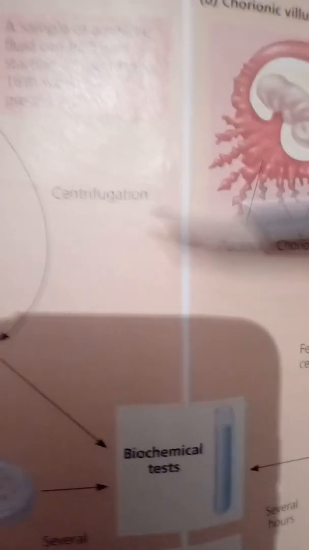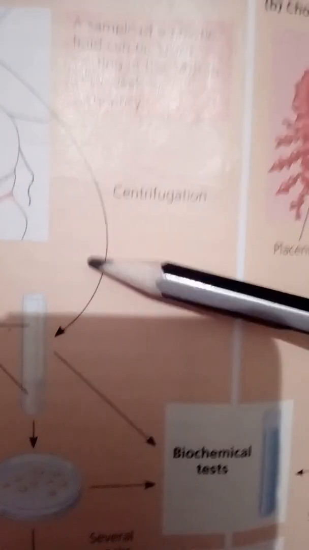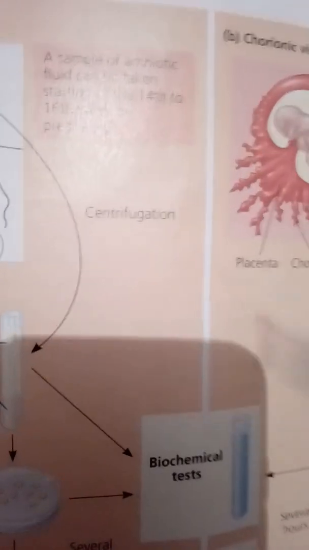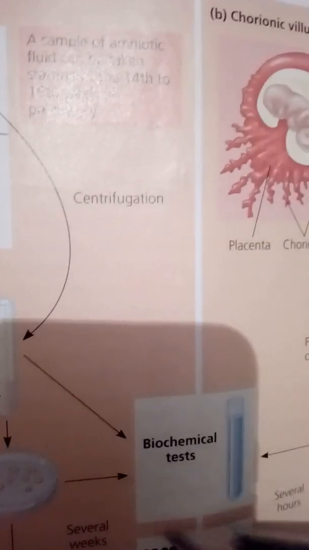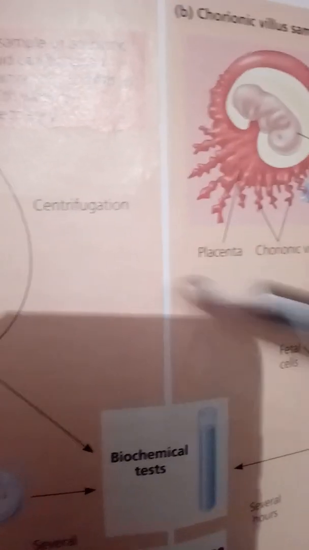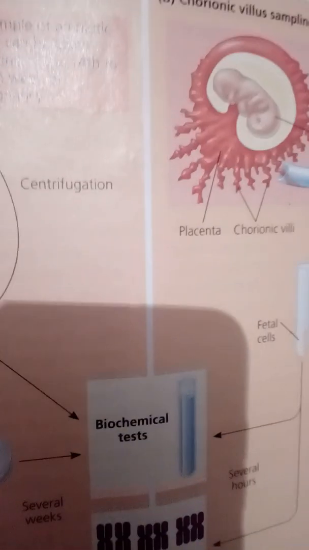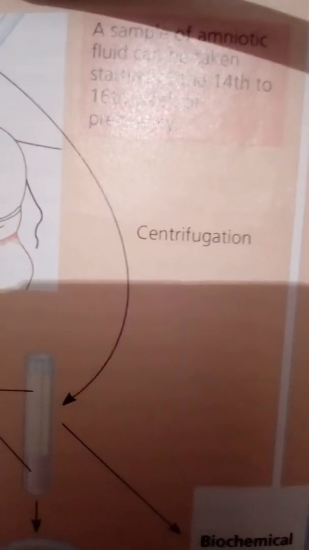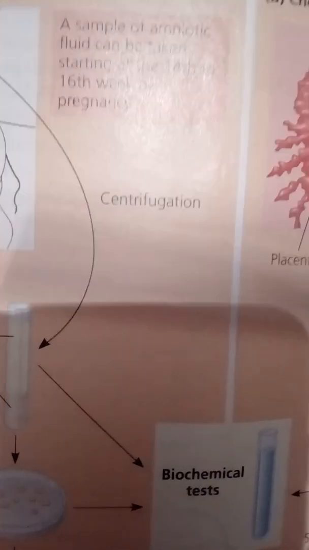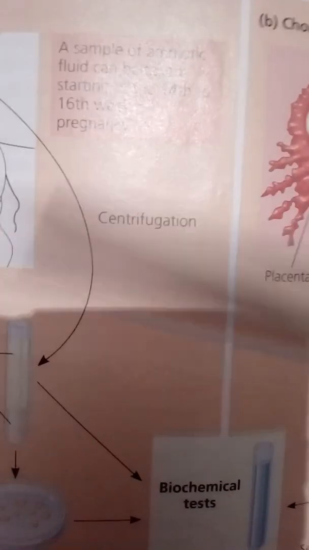Notice this diagram testing a fetus for genetic disorders. Biochemical tests may detect substances associated with particular disorders. Karyotyping shows whether the chromosomes of the fetus are normal in number and appearance. Notice the amniocentesis. Notice also a sample of amniotic fluid can be taken